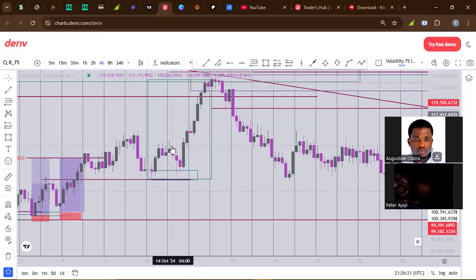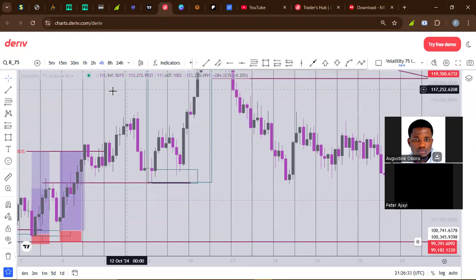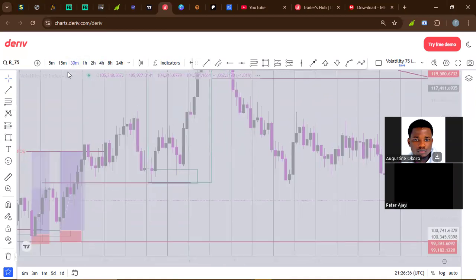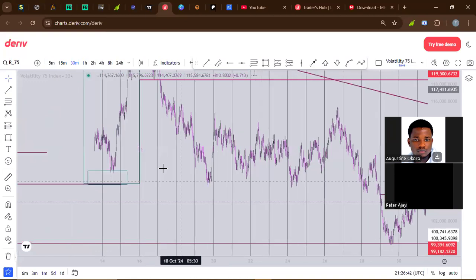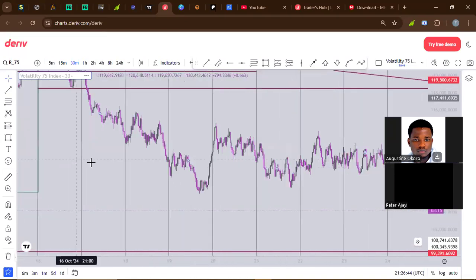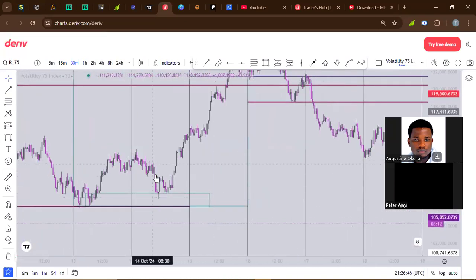If you want to take this trade all the way down to this place, like this 1, 2, 3, 4 hours, which is scalping, you want to take those scalping trades. So just go over to maybe the 30 minutes or 15-minute time frame, or even the 5 minutes time frame. You already know that the market will start dumping from here. You already know that the market will start pushing all the way down to this other block.